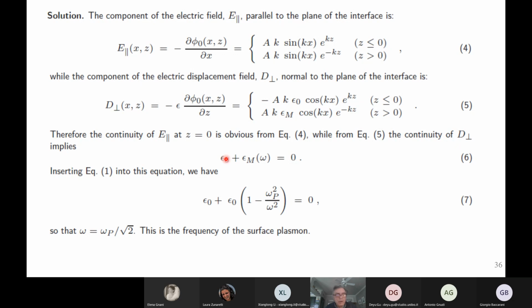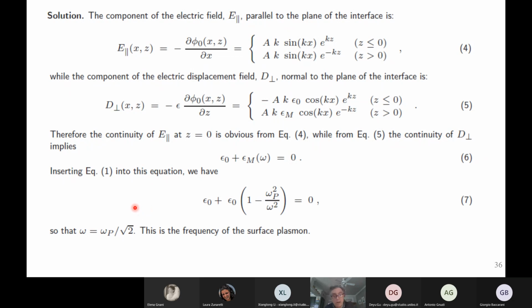Of course, in addition, we would have the dielectric function of the bulk, which gives us the usual plasmas. And notice that in this case, the solution of this system gives us something similar to what we have. We find that the frequency omega that satisfies this relationship is the plasma frequency divided by the square root of 2. So the frequency of a surface plasmon, the plasmon that propagates at the surface of a metal or